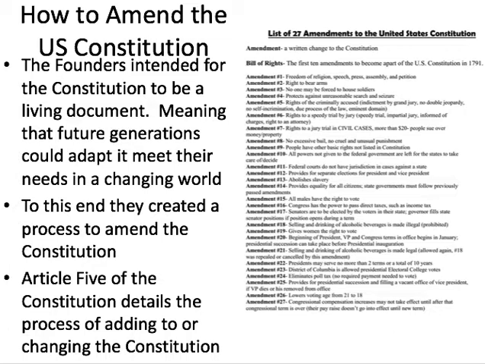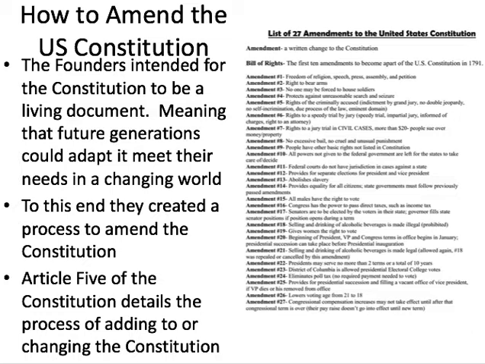Now, there's a lot of interpretation out there between those who see the Constitution as more of a living document and those who are more constructionists. We're not going to get into that and how it can be interpreted in the courts, but the most overt and easiest way to keep the Constitution alive is for the people to make the choice to change